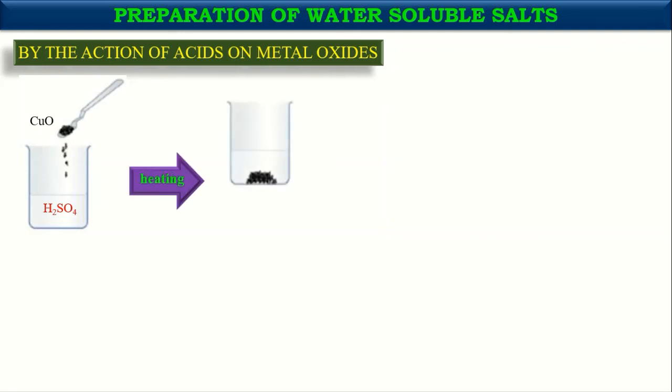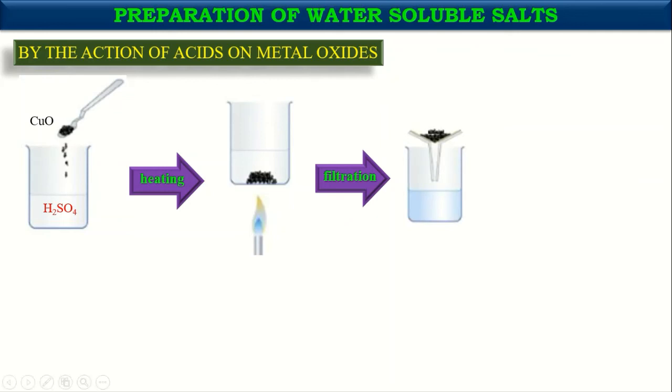Heating is required because to accomplish this reaction some heat is required. So by heating we can make sure that all the acid has been consumed, and the remaining unreacted copper 2 oxide can be filtered out. So here in this diagram you can see that the solution, that is the filtrate coming from there, contains copper 2 ion as well as sulfate ions, while the unreacted copper 2 oxide remains there on the filter paper as residue.